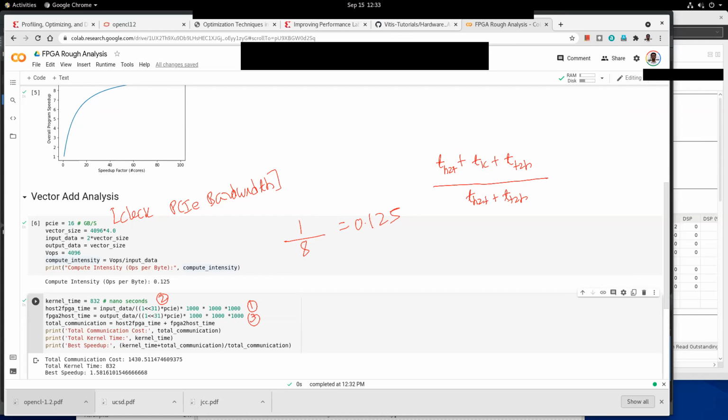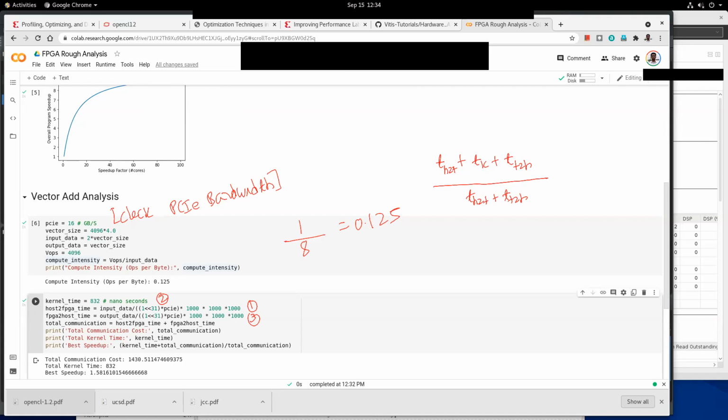The data is in bytes, and I want to convert it into gigabyte units, since PCIe speed is in gigabytes. And we want the time in seconds. So you check that formula.